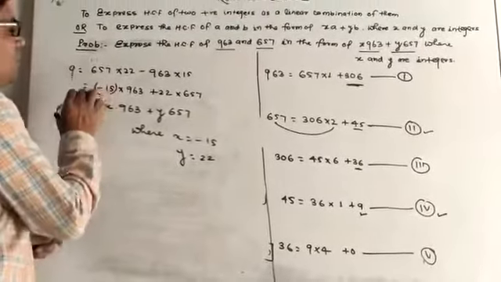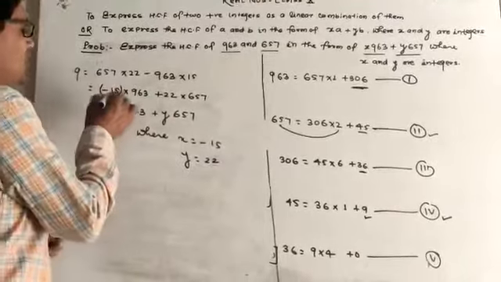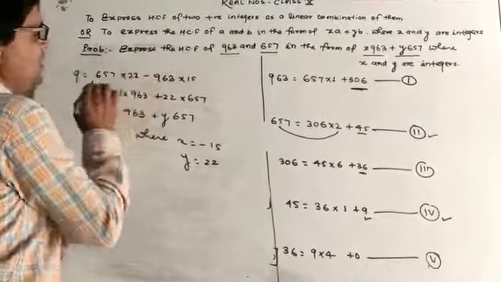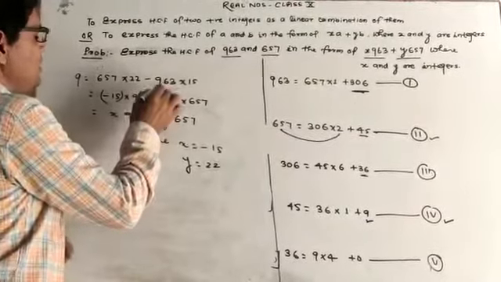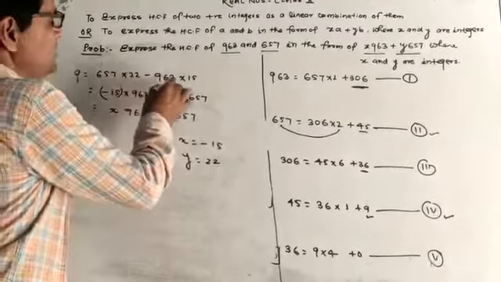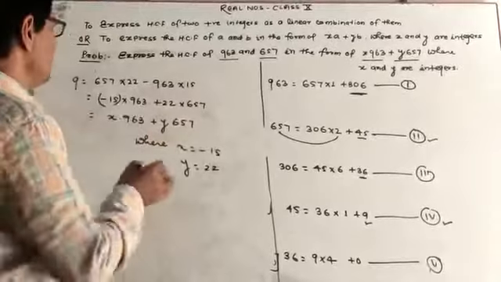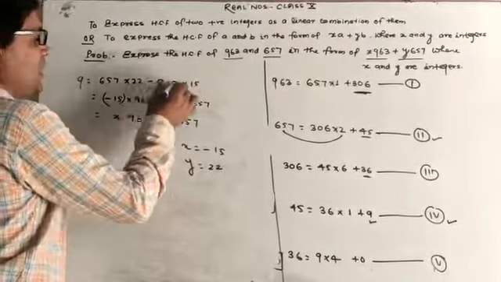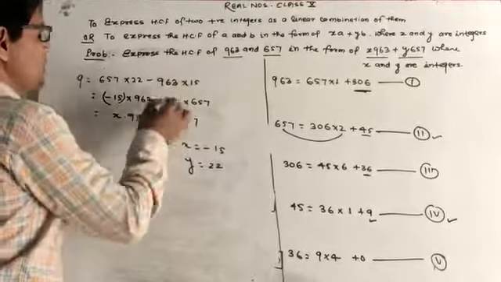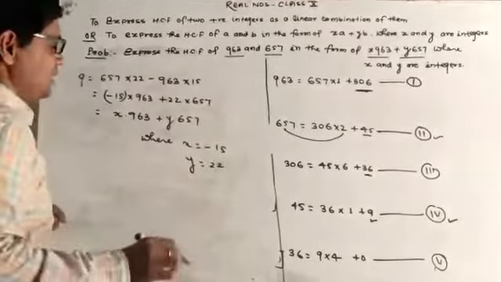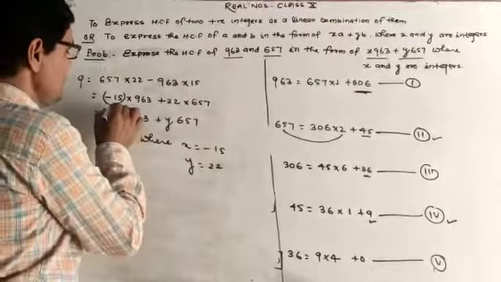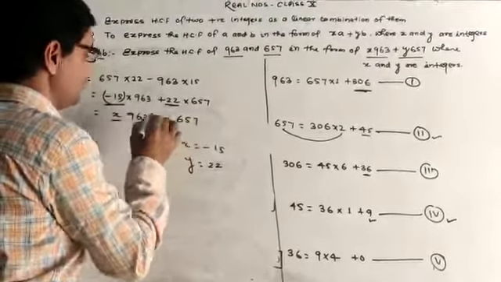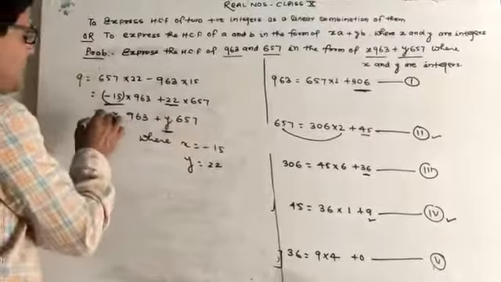Hence we have got 9 is equal to 657 into 22 minus 963 into 15. This can be written as minus 15 multiply 963 plus 22 multiply 657. This is your x and this is your y. Hence 9 can be written